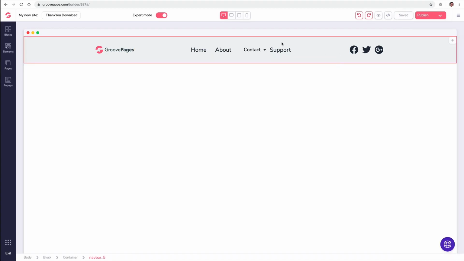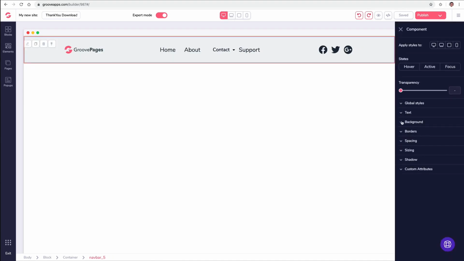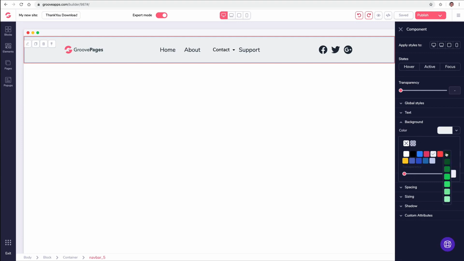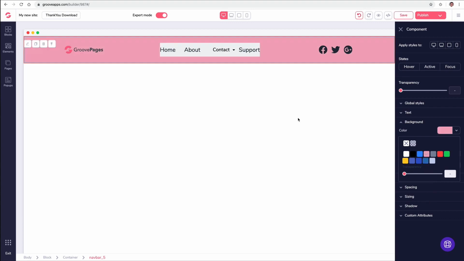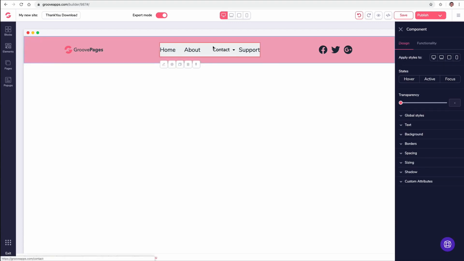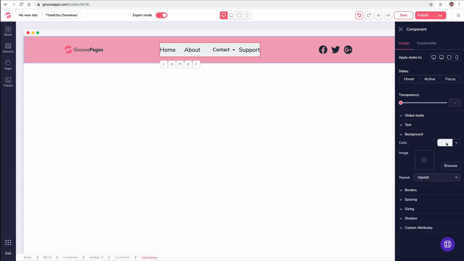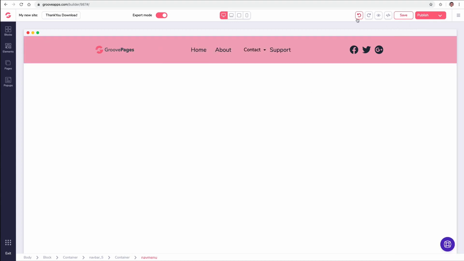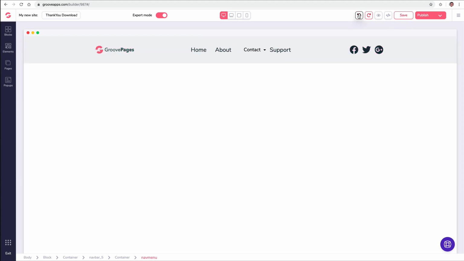and that puts my logo in just like that. Now let's say I want to change the background of this entire section. What I can do is I can go here and just click on background, and we're going to have a full color picker here for you. But right now we have the different shades of the color working like this. We're going to have a little thing to allow you to put in one of the 16 million colors, but let's assume I wanted to make this a color pink in the background like that. And then I would do the same thing here with this menu section here. I would select the menu, and then I would change that background as well to pink, just like that. But I'm going to click on this undo button here,